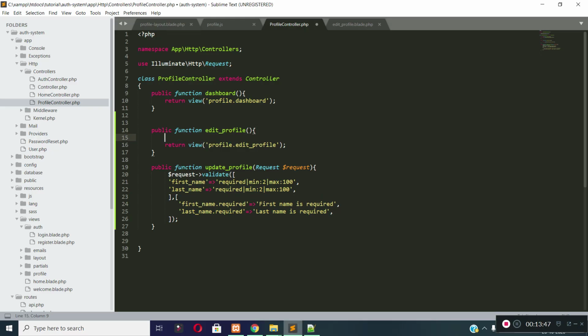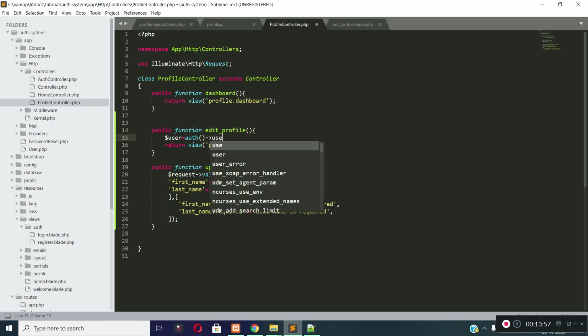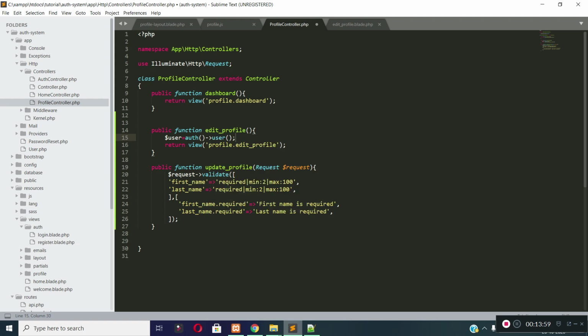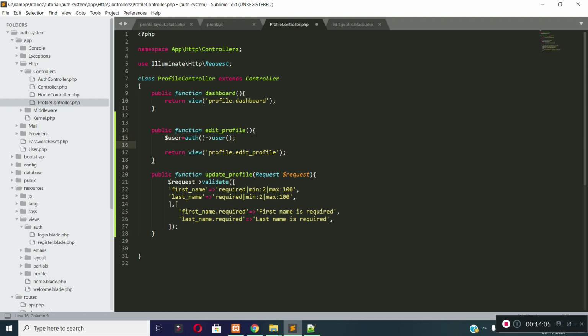So how can we get the logged in user data? We can get logged in user data by the auth helper, auth user. In this way we can get the currently logged in user data.